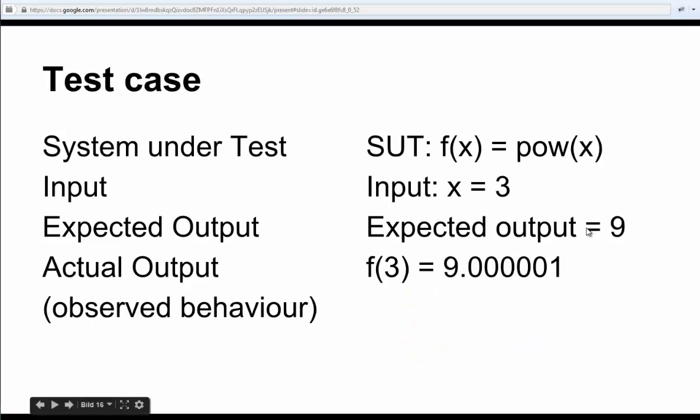Yes. So let's have a test case. So a test case is some instance of testing. So somewhere in the input domain, I choose one input. And then I know that for that input, I should get an expected output, what I expect. So if we have the pow function,